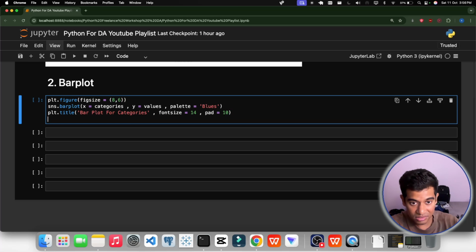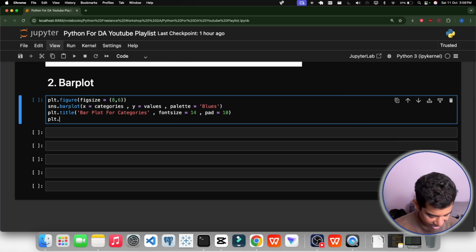It will show in the graph when I run this full code, and you will be able to experience it in a practical way. Right now, we will write xlabel and ylabel. Each and every graph has an x axis and y axis, so to name them we use xlabel and ylabel. So for xlabel, what will we use? We will use Category.